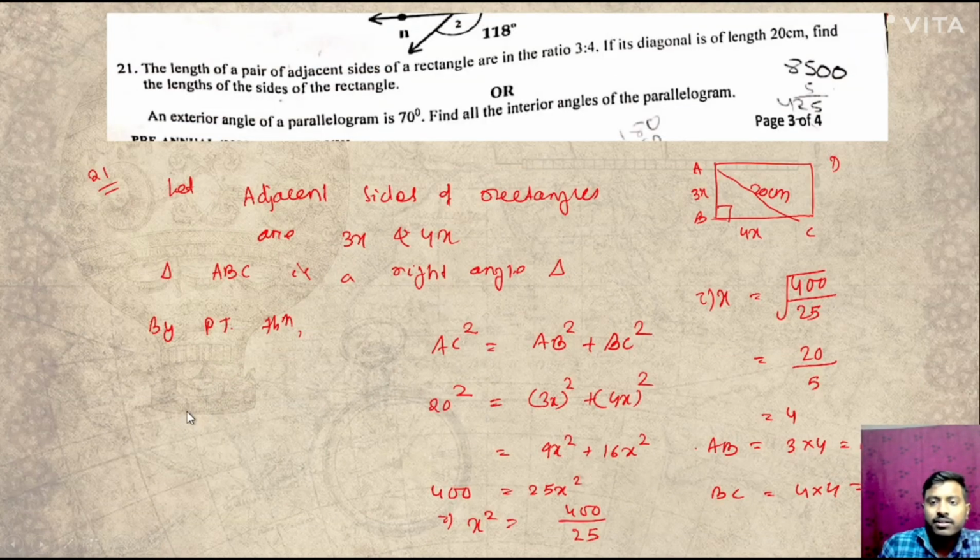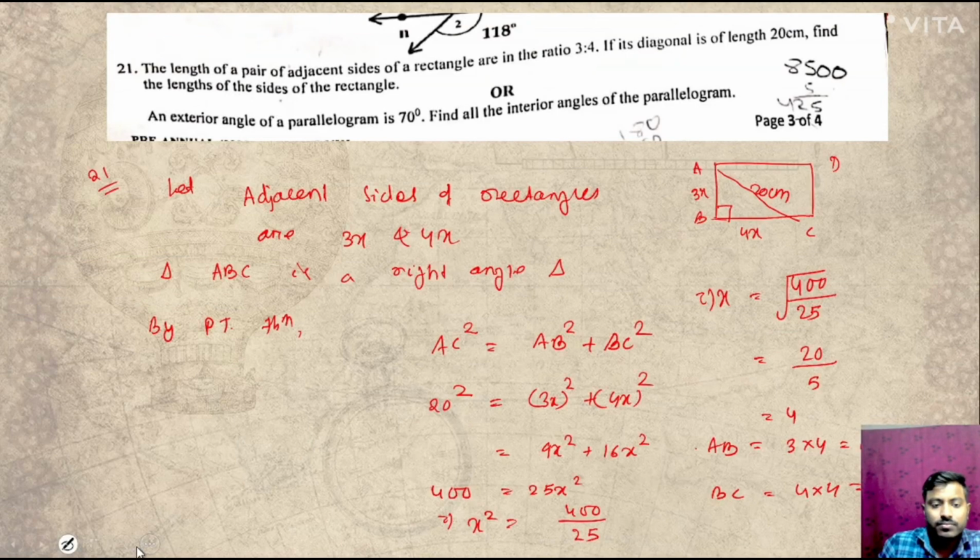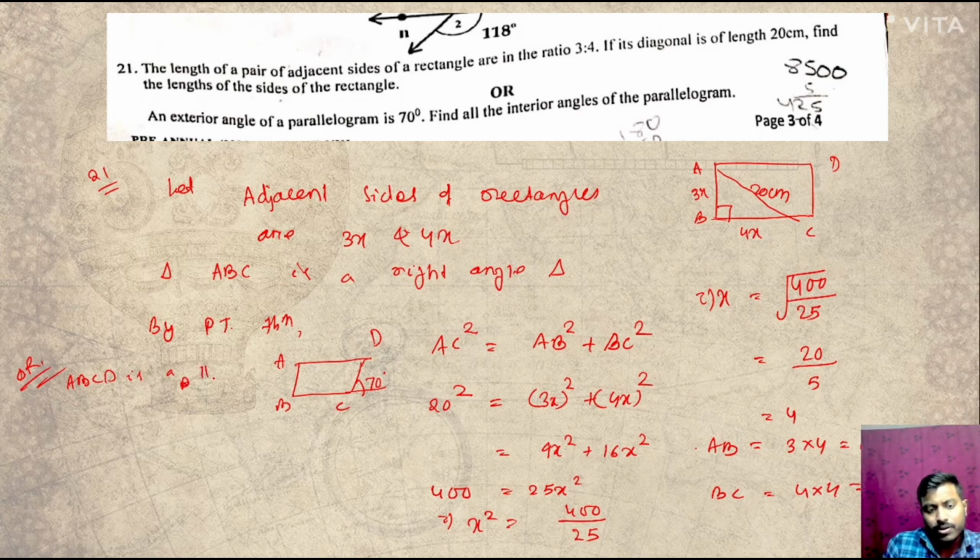Okay, question 9. An exterior angle of the parallelogram. Okay, this is a parallelogram. This is the exterior angle, that is 70 degrees. Then find all the interior angles. Suppose this is A, B, C, D. Write down ABCD is a parallelogram where